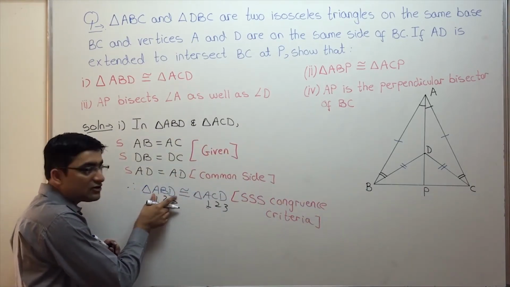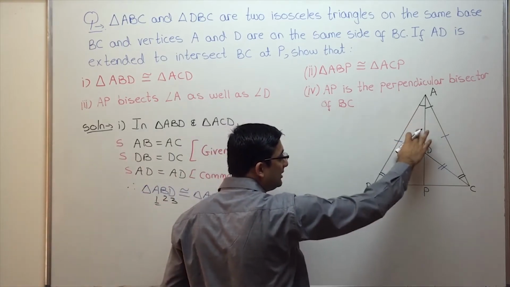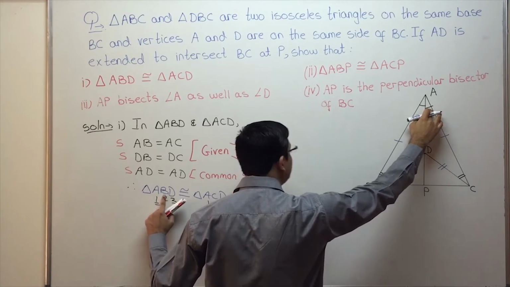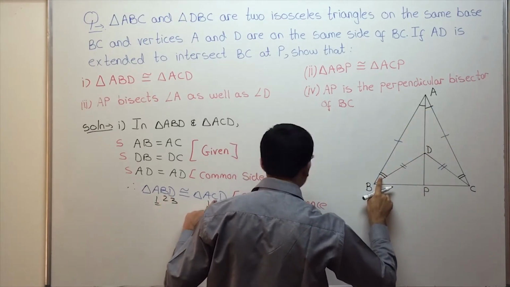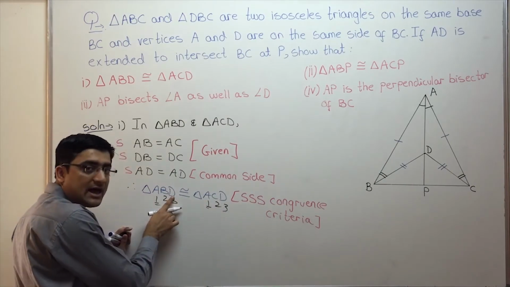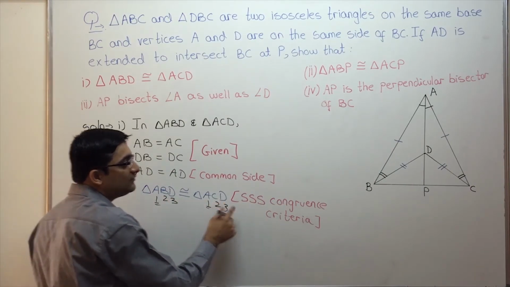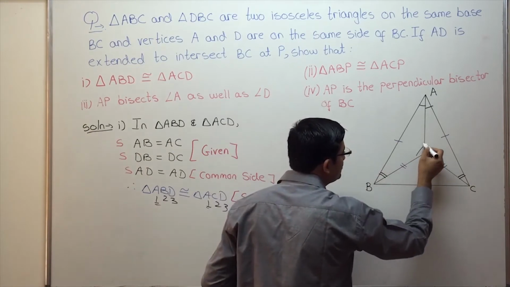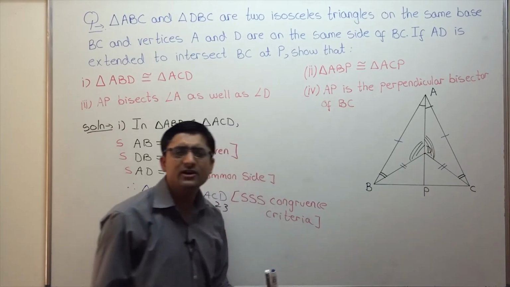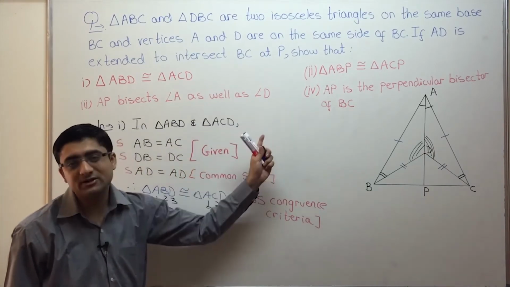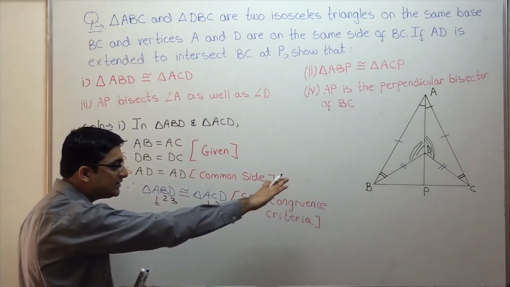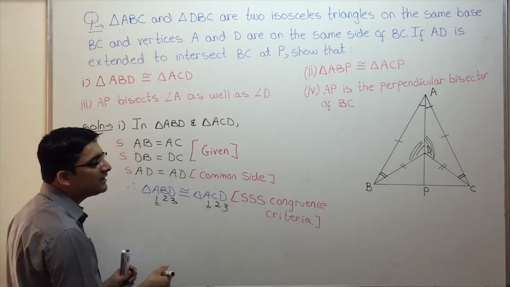So angle A of triangle ABD is equal to, first letter, angle A of triangle ACD. Similarly, angle B of triangle ABD is equal to angle C of triangle ACD. Similarly, third letter corresponds to third letter. So angle D of this triangle is equal to angle D of this triangle. So whenever you get two congruent triangles and you have many parts in the question, this will be used, right? So mark the corresponding angles. So we have marked it in our figure. Let's also write it over here, and we write CPCT.